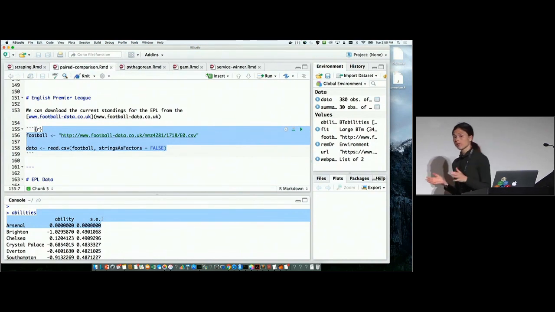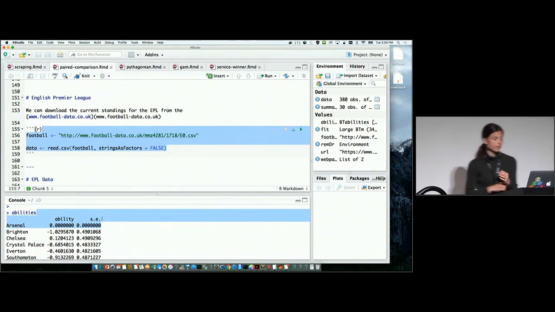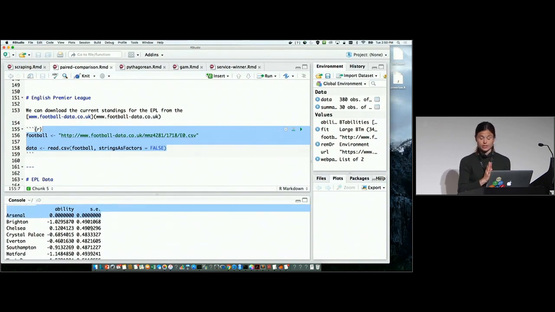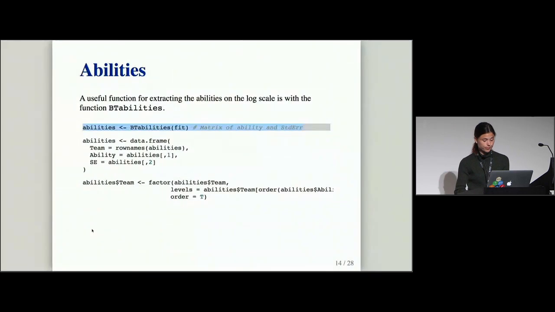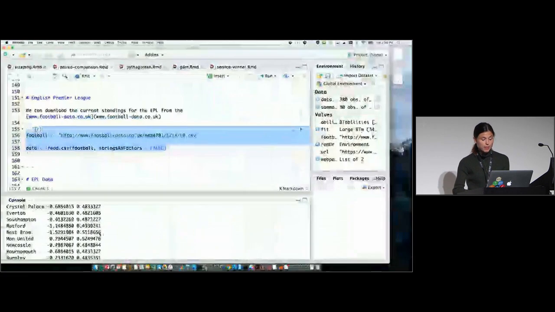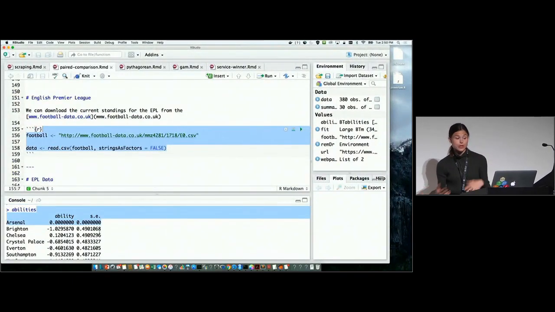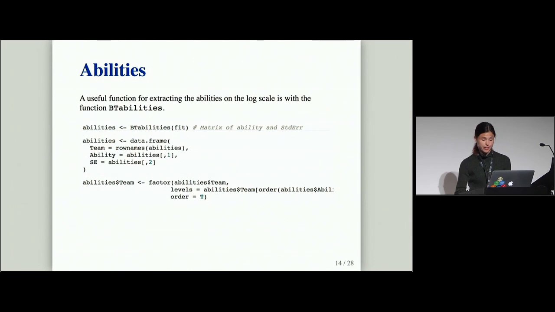So these are all on a log scale, which is fine. You can also convert them into the exponential scale if you'd like, if you want to make your reference set to 1. But with this structure, you might imagine that with the Bradley-Terry, you're most interested in the relative abilities and the uncertainty around them. So this function would give you an easy way to start to plot them or summarize them and get a better understanding about the